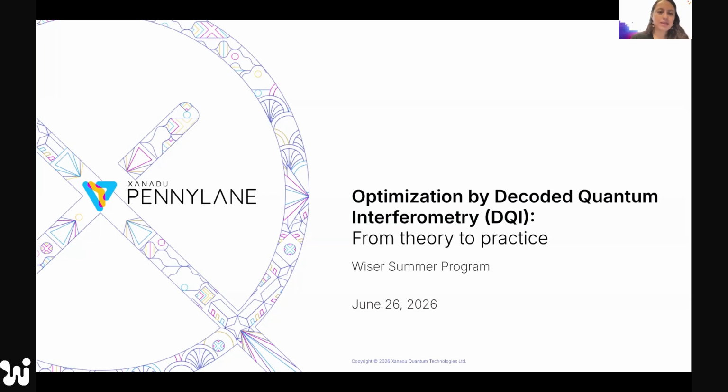But the main goal today is going to be for you to get the tools to actually learn this for yourselves. I am not a DQI expert, and this is going to be weird to say. Why are you giving us a talk if you're not the expert? There are a lot of people that know more than I do. However, I'm going to share these tools so that you can learn and become experts, and you can actually know more than me, hopefully. So that's the plan for today. I'm going to be asking questions in the middle. You can also ask questions. I'm going to be looking at the chat, and hopefully we can make this interactive and we can all learn together. So let's get started.